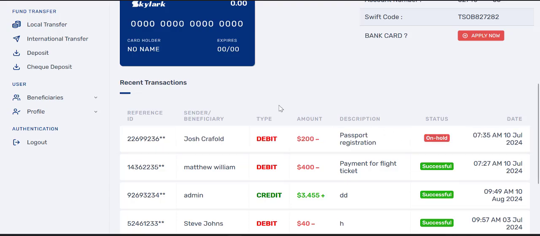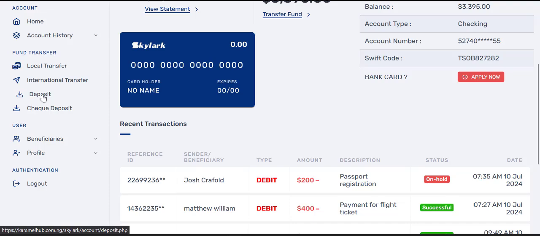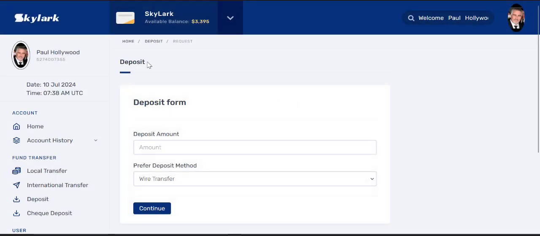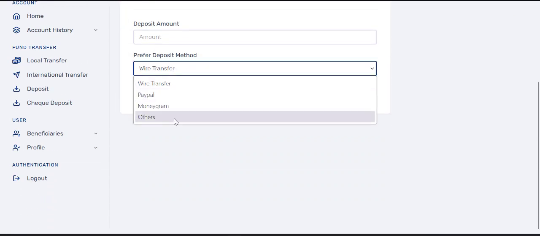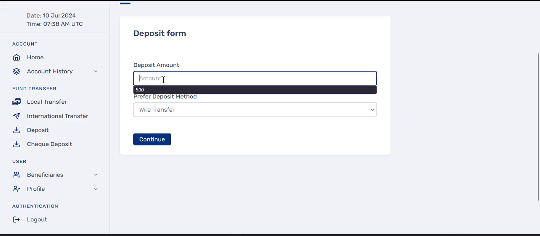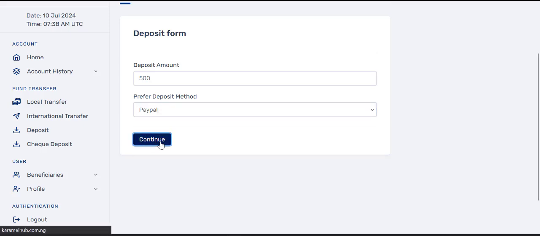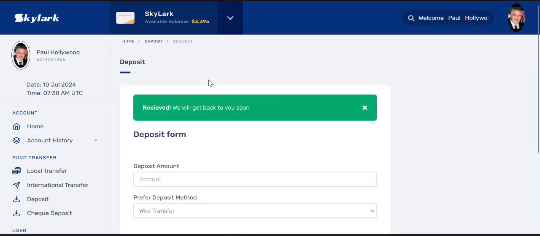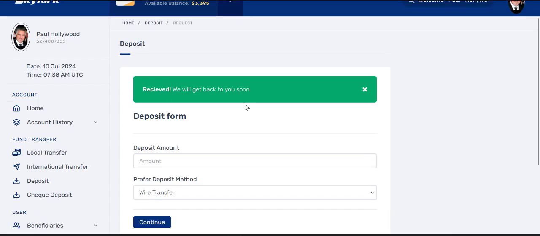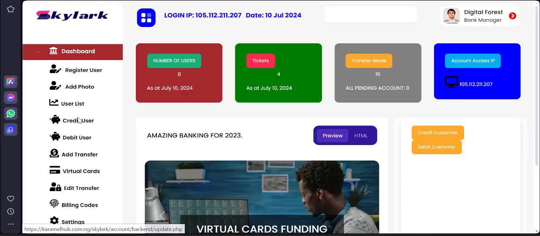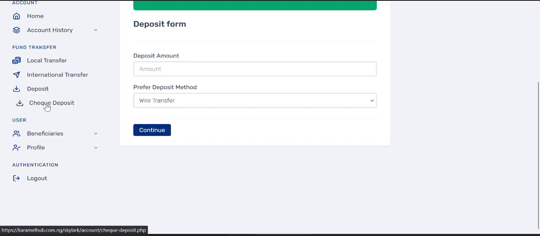So I'll come here now. I'll take you through deposits. To deposit, I'll deposit 500 USD through wire transfer, PayPal, MoneyGram, or others. So I'll select PayPal, click on continue. As you can see, received. We'll get back to you soon. So you can come to your admin to actually get that. And then when I come to check deposits,